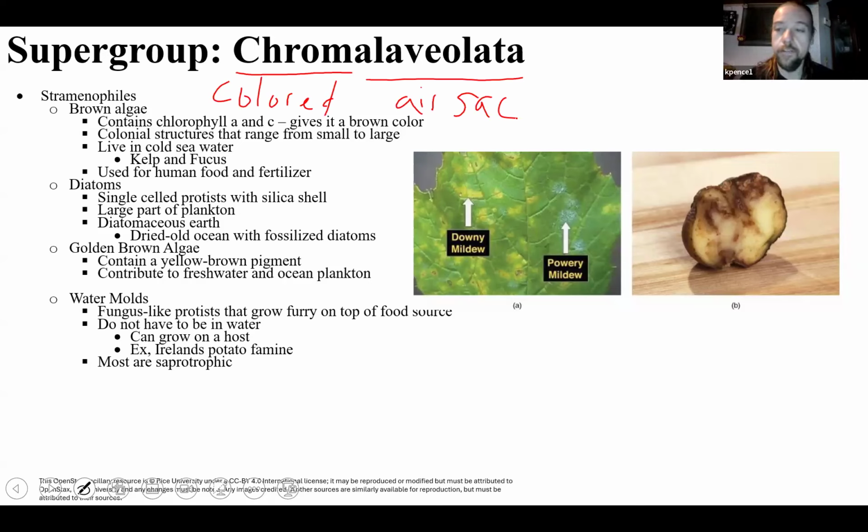So we'll start with the chromoalveolatas. They're also called straminopiles. So whenever you hear strameno or stramino, that means the brown, like the earth tones. So we have brown algae. Brown algae are large colonial protists. So if you go to the ocean and you see these large kelp forests or these large fucus forests, these actually aren't plants. Again, they're going to be protists. If you eat sushi in that black seaweed wrap, again, that's not plant. That's going to be a protist because it's coming from kelp and seaweed.